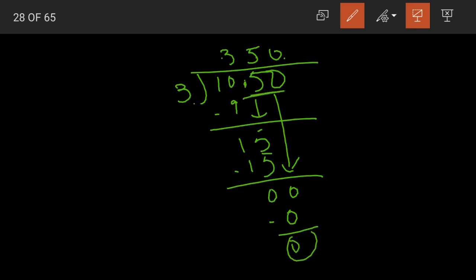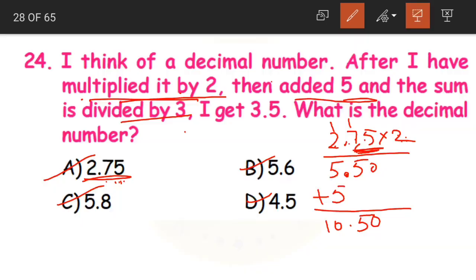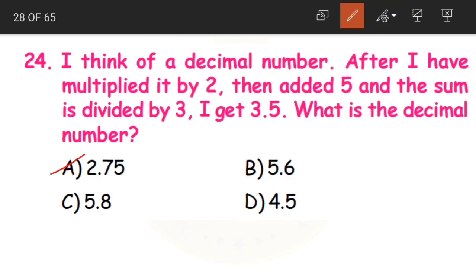But again, in the divisor we have a decimal point after 2 digits from the right. So even in the quotient we'll place a decimal point after 2 digits from the right. Yes, we got 3.5 as our quotient. That is what was mentioned in the question, that we got 3.5. So option A becomes our correct answer. This is nothing but the trial and error method. That means we have to try each of the given options. Suppose option A was wrong, then we have to move on to option B. Understood? This is one method.